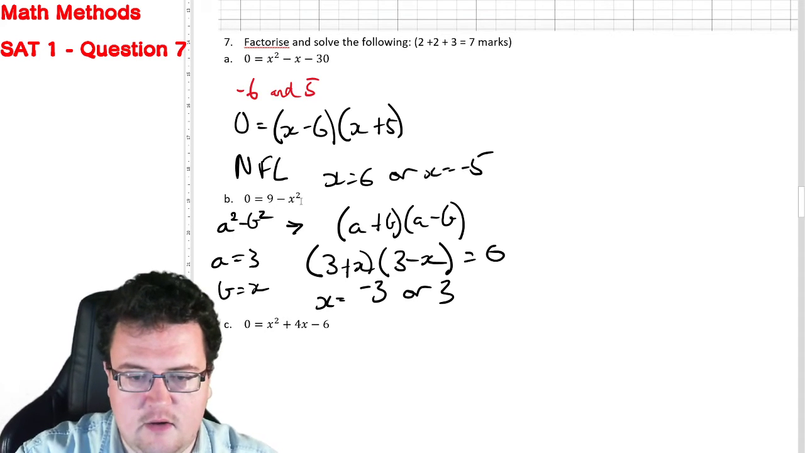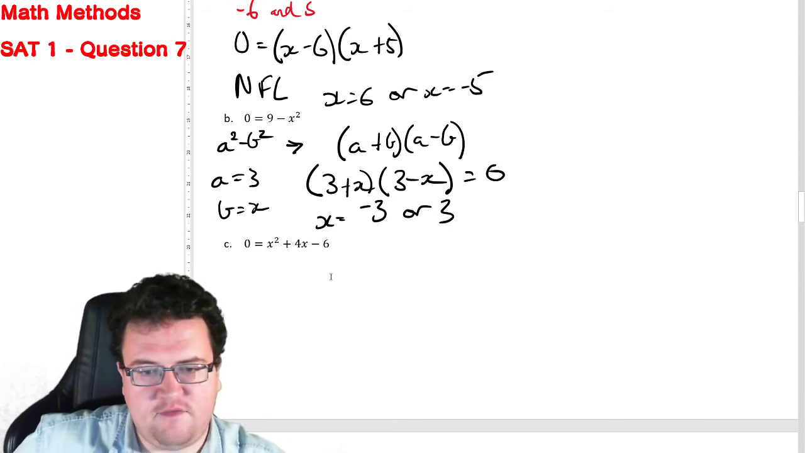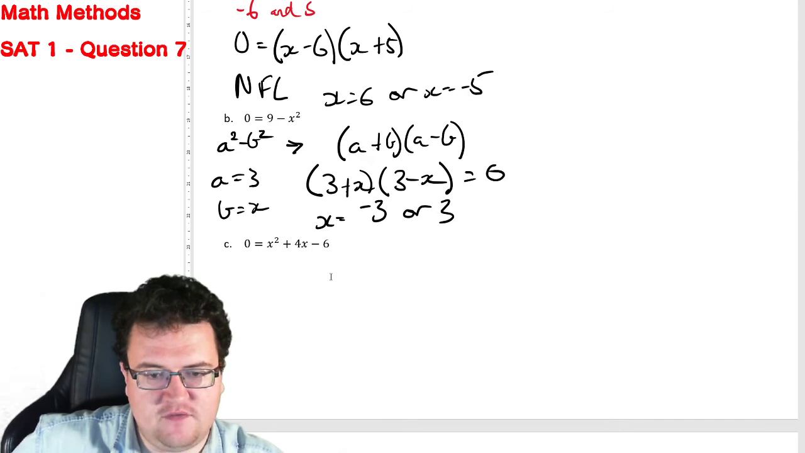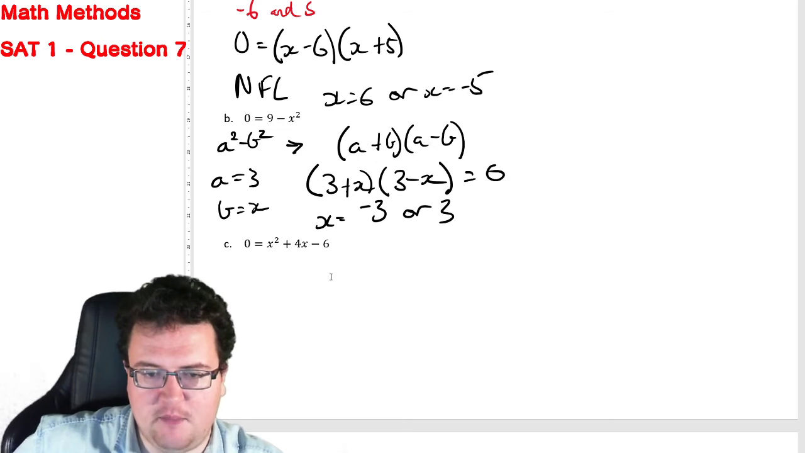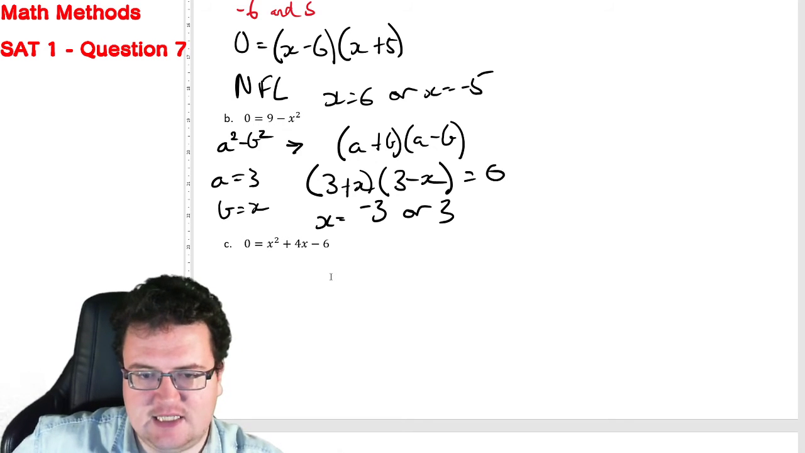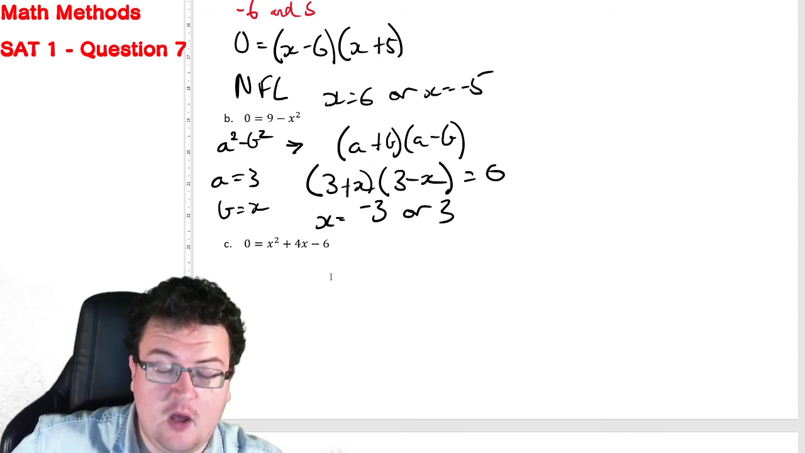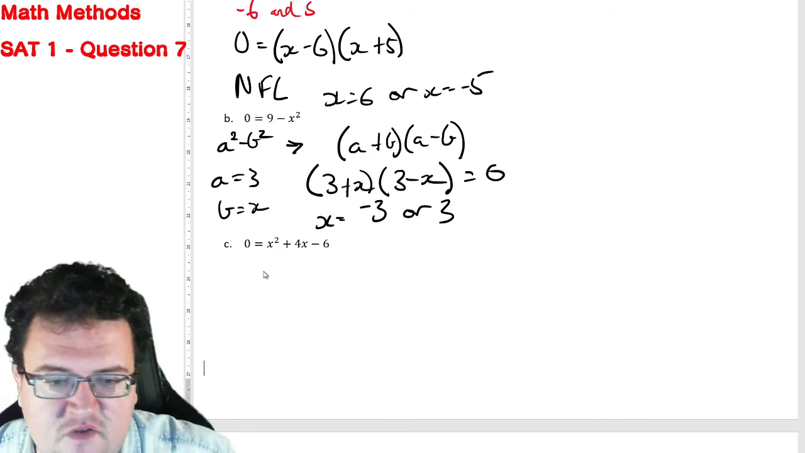And last one down the bottom, x squared plus 4x minus 6. So think of two numbers. Can we think of two numbers that multiply to make -6, but add to give 4? I don't think that I can come up with a number like that. So what we're going to need to do is complete the square. I know. So to remember, to do that,